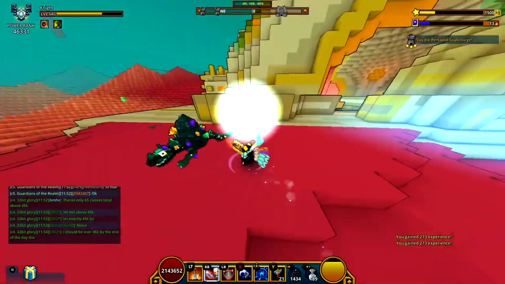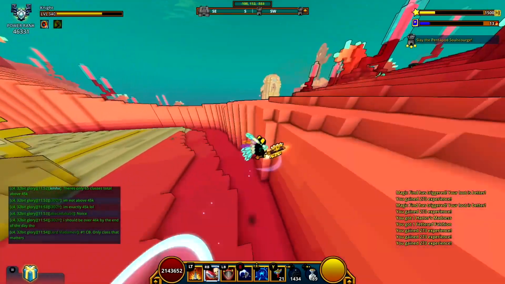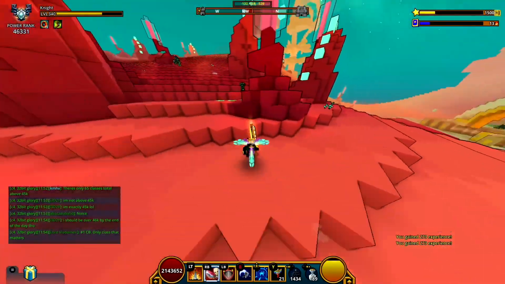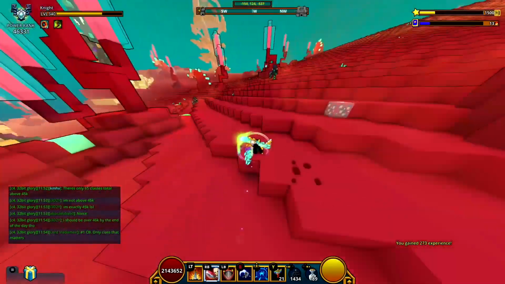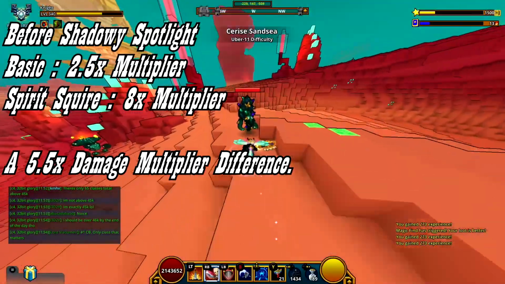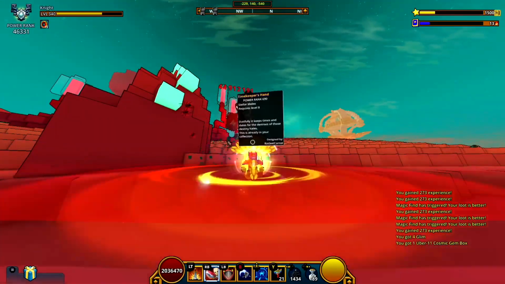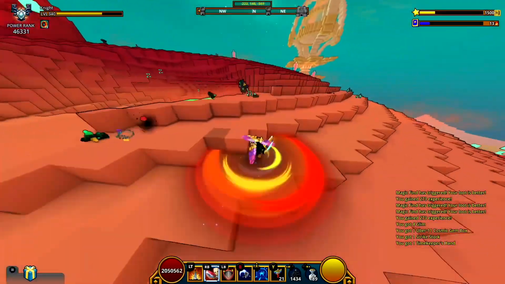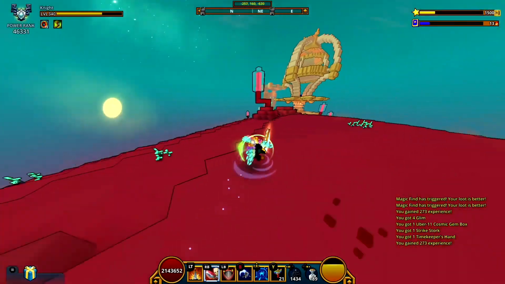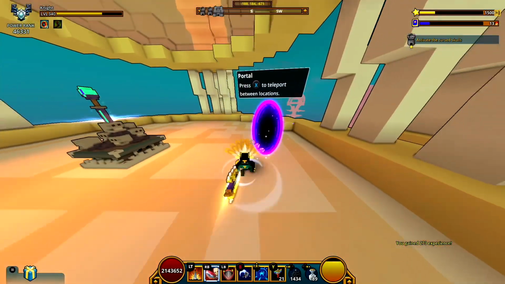And with a character like the Knight, the good thing is that the basic attack is extremely powerful. It used to be the case that for the most part you used Spirit Square because it did a ridiculous amount of damage comparable to the basic, and the basic was still good, but now the basic attack is just absolutely ridiculous, to the point that I can 2-tap or 3-tap bosses with basic attack only, because the basic attack does 4.55 times damage multiplier. Let me repeat that,